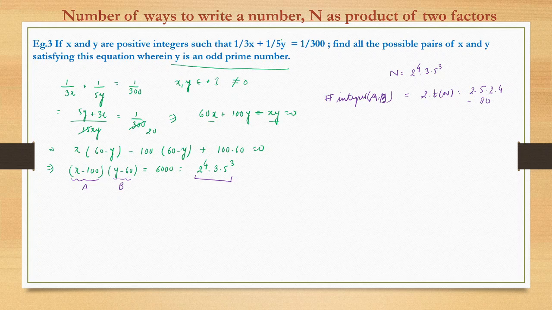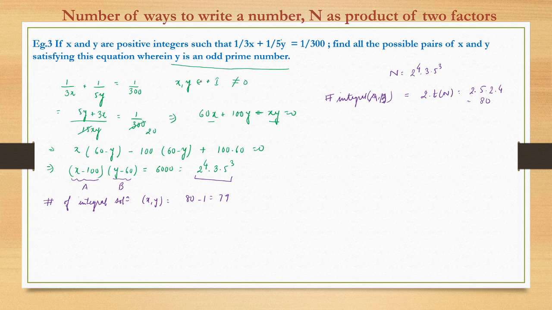Now the answer would have been 80 had the question been simply to find the integral values of x and y. But now this would be 80 minus 1 rather, because x and y cannot take 0. So the number of integral solutions x and y would be 80 minus 1, which is 79, right? But this is not the question.